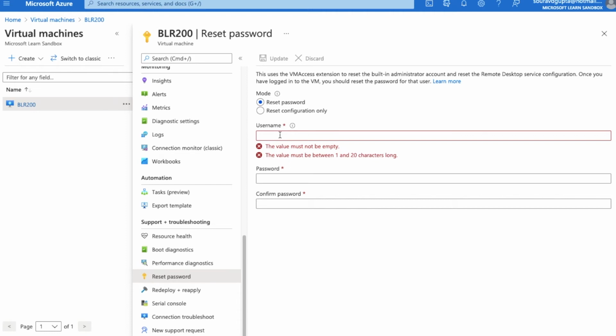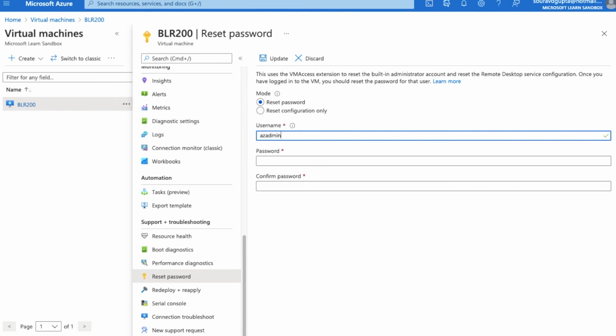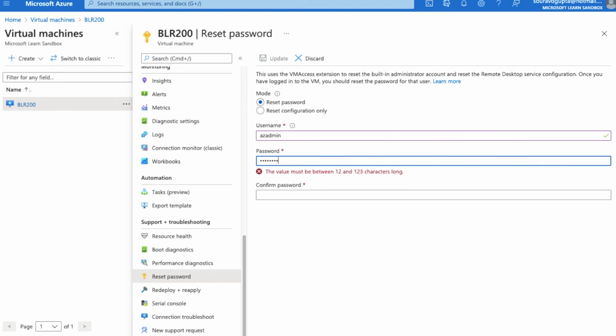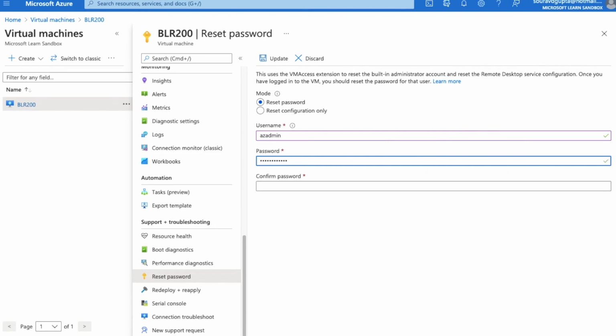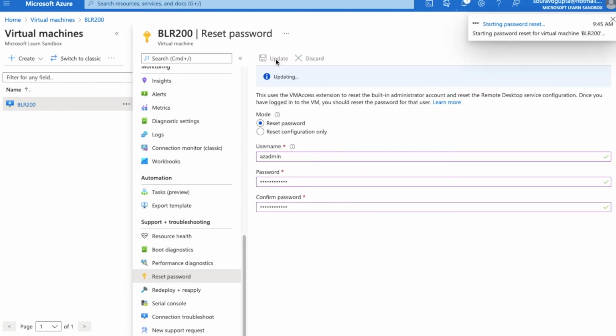We will click on username and put our username as azadmin. Then the password, I will put a new password. Password is matched. Then I will click on update.